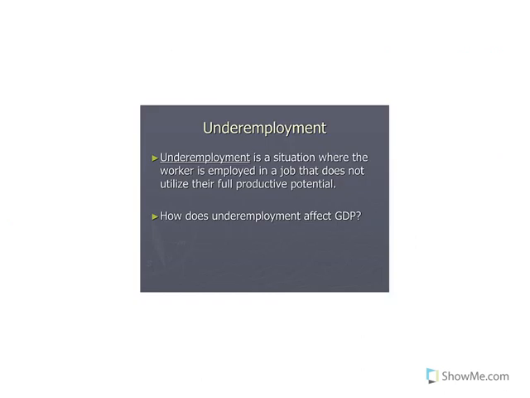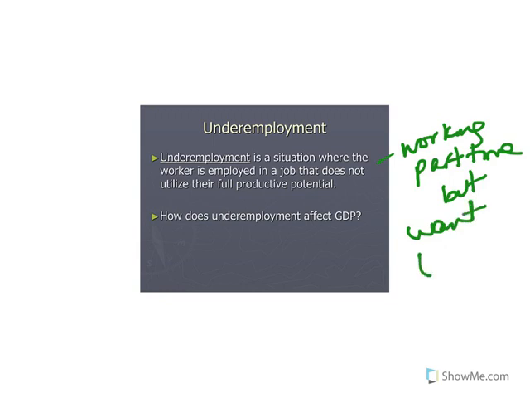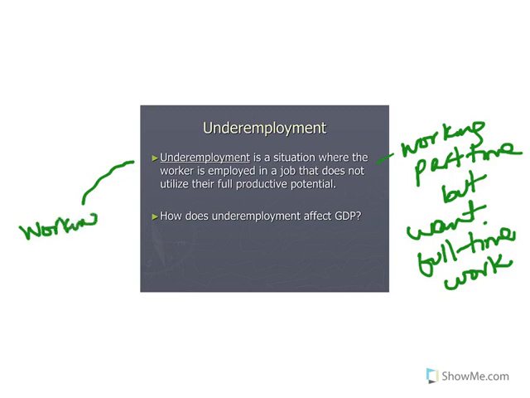Another problem with the unemployment rate is that it does not reflect what we call underemployment. Underemployment is a situation where the worker is employed in a job that does not utilize their full productive potential. So in other words, maybe people that are working part-time but want to work full-time. Or it can also include people that are working in lower paying jobs